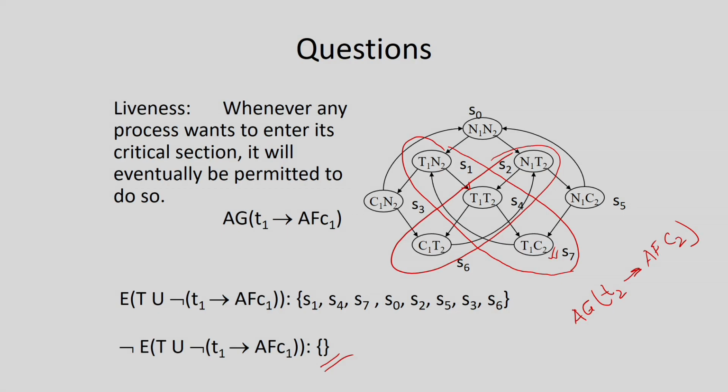Or there is another way you can reason about it. You can say that though from here I have two different possibilities, these possibilities may not occur always, but it may eventually get a chance to come into this particular path. It may happen that when I come back to this point, N2 is not trying to enter the critical section, then process P2 will remain in the state N2, and eventually it will get a chance to enter the critical section.